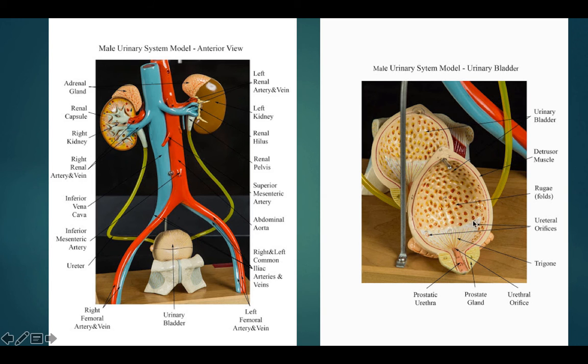So again, the ureters come in here, and then here you have the urethral orifice, and that forms the trigone, those three openings. Then you have the urethra exiting the bladder here, and you'll see at the very end of the bladder here, we'll talk about it,